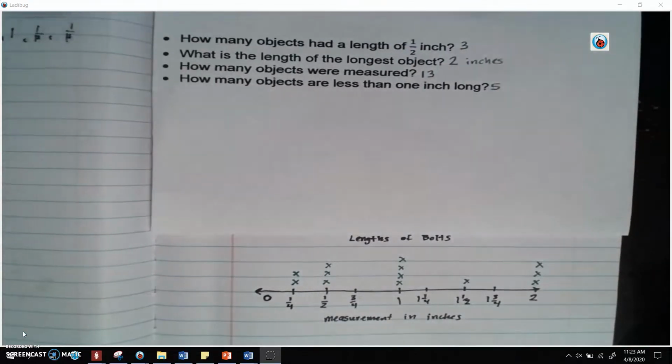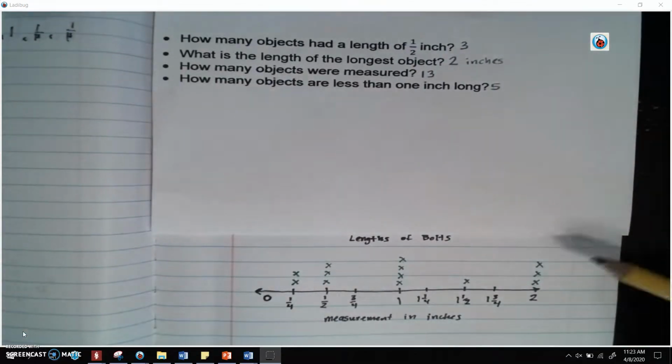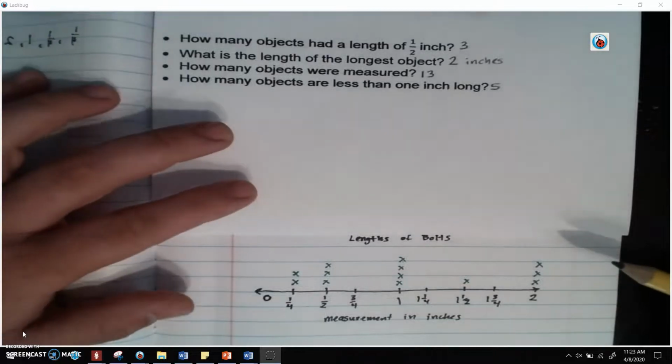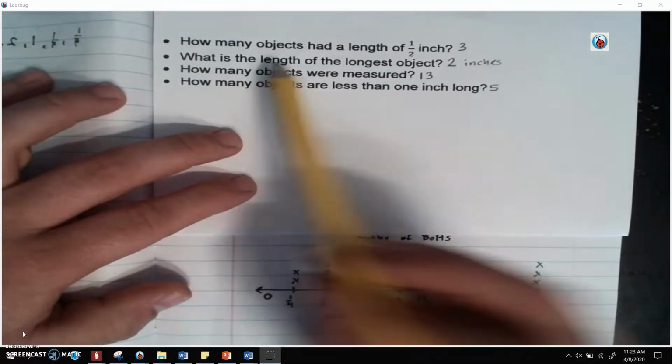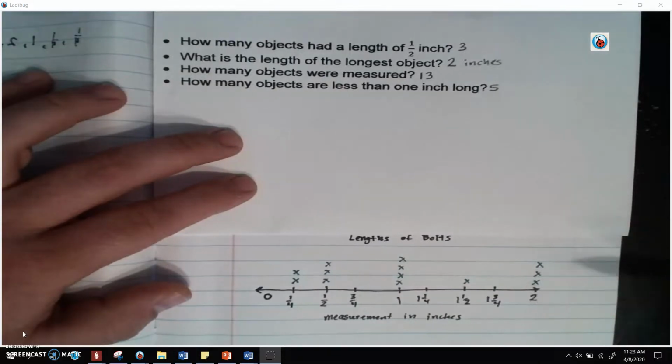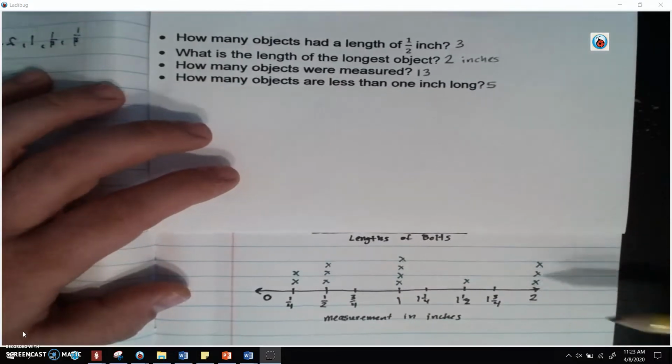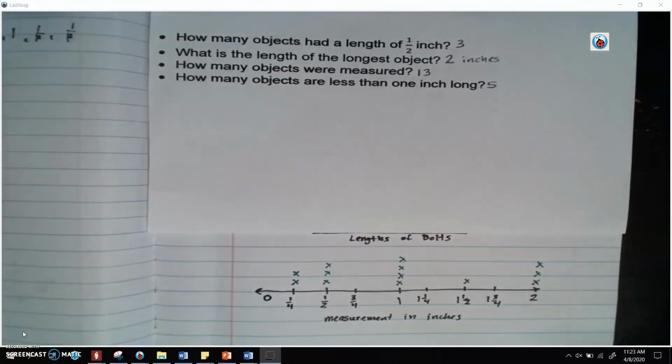Now when you're answering questions about this, make sure that you are paying attention to what it's actually asking. If it's asking the length of it, make sure you're looking at what the length is. If it's asking a number of objects, make sure we're looking at those X's. So today we have learned how to analyze the data